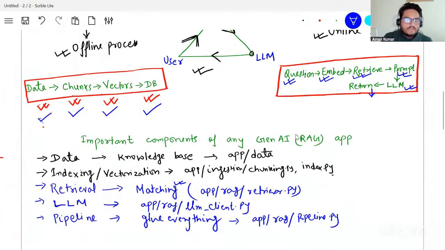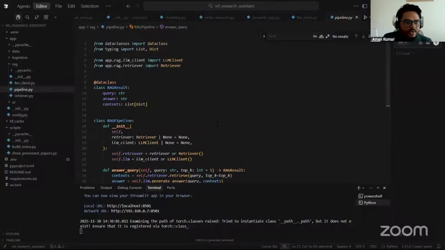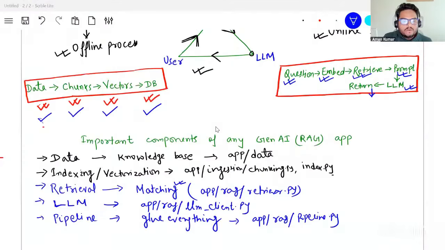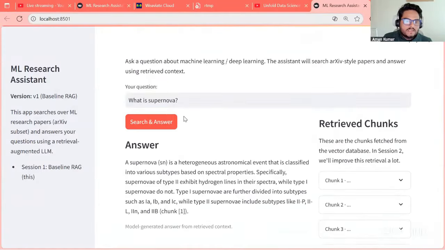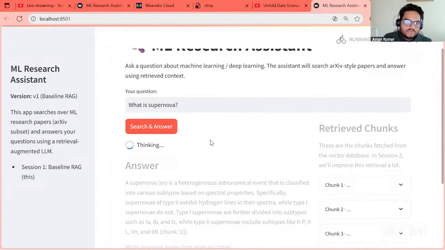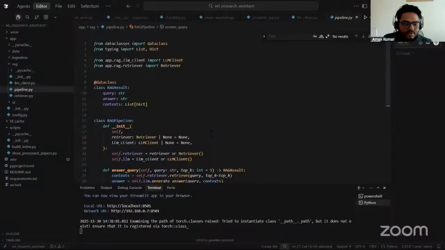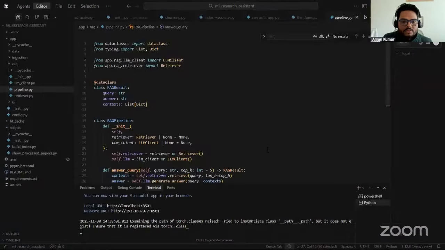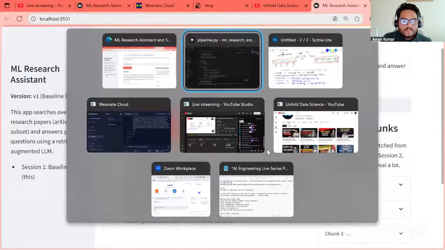Return, it will return. But now we need to run this pipeline also, right? So there are different ways to run this pipeline basically. And the way I'm taking here is the UI way. So when I click on this button, right, search and answer, then the pipeline runs and I'm able to get the response. So let me show you that as well. So the next part of my pipeline will be